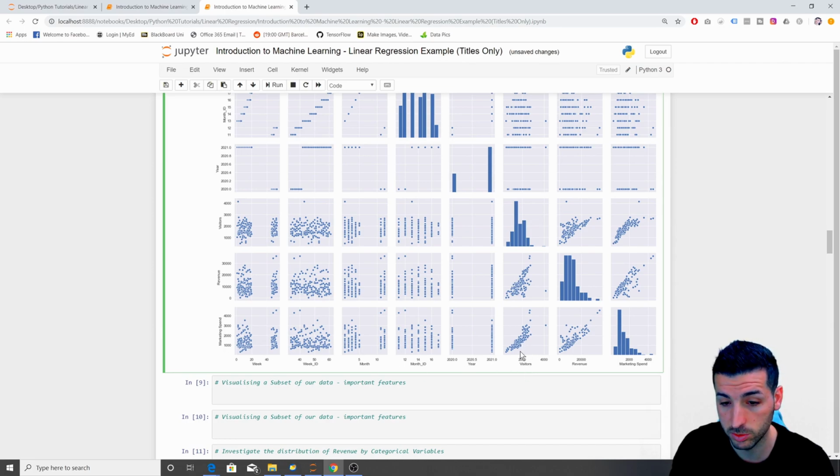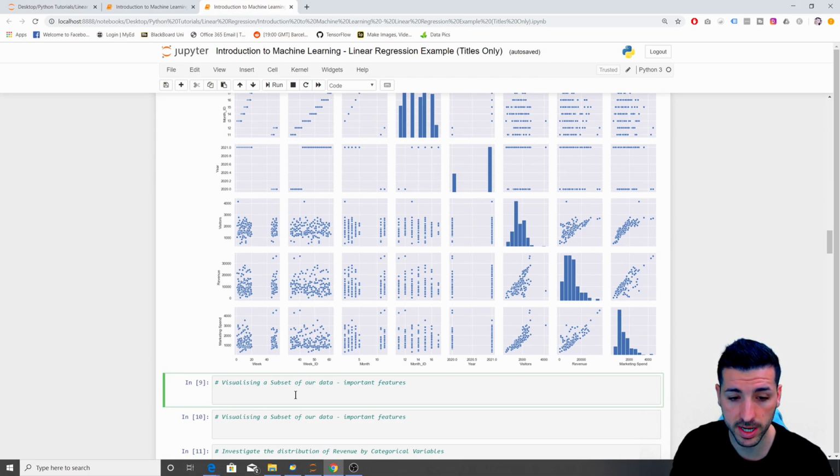Marketing spend versus visitors, we can see a relationship. And then revenue and marketing spend, that's the one I was looking for. Again, there are relationships. So the next thing I'm going to do, which is down here, is that I want